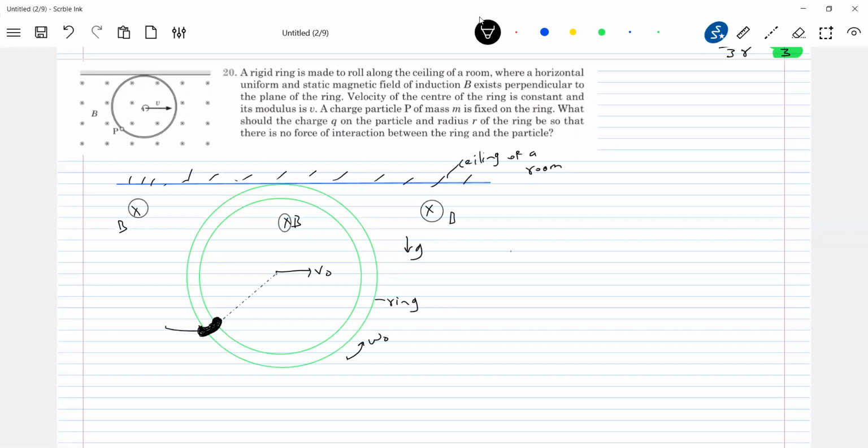Is it okay now? So this is what? Particle or bead. If I show a bead, it'll be very easy for you to understand the conditions here. What is the state of the ring? It has both translatory as well as rotative motion. First, apply Fleming's left hand rule with B bar and velocity due to translative motion. So it is going to experience a force QV naught B. This is due to translative motion. Then due to rotative motion, will there be any forces acting on it? What are other forces? The weight mg.